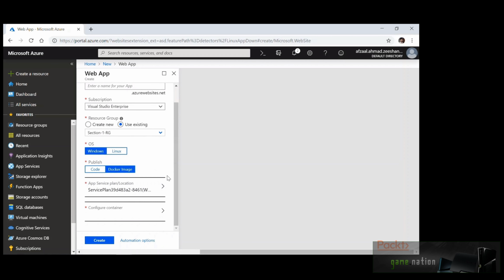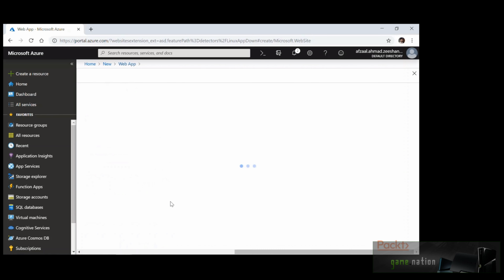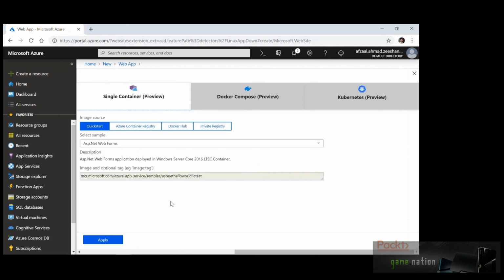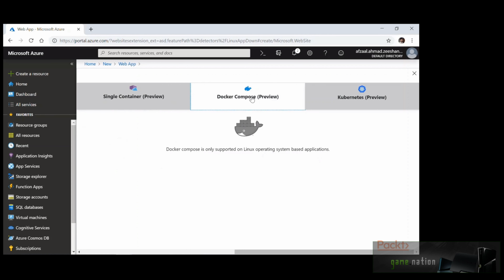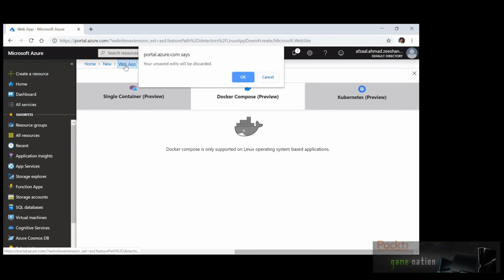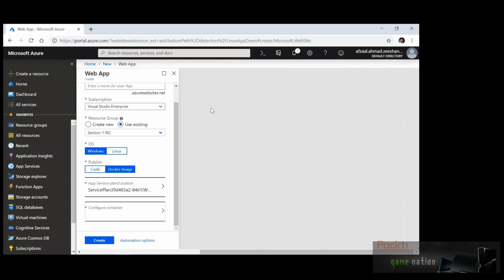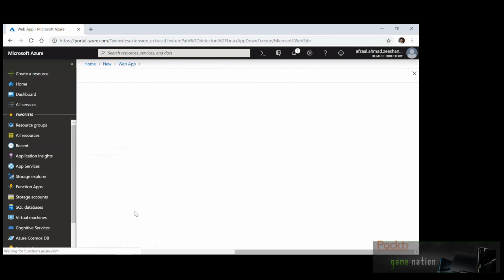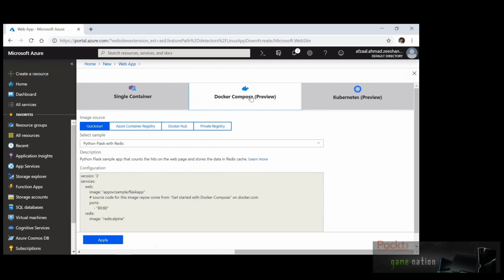You can also select the publishing model, which can be either code, using which you will have to deploy your code, or you can select the Docker image, using which you can provide the name of the image that you want to deploy. There are different options such as single container, Docker Compose, or Kubernetes. Docker Compose or Kubernetes is only supported on Linux operating system based applications. So we can go back and configure the operating system to be Linux, head back to the Docker image, configure the container,